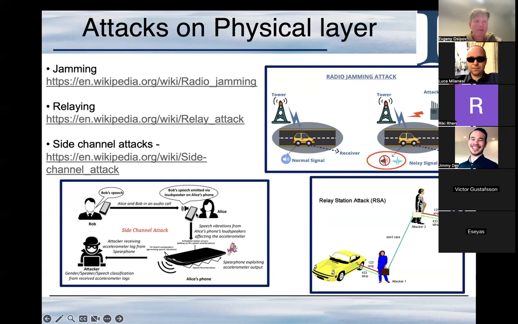But let me talk a little bit about side channel attacks. Side channel attacks are interesting. Like all attacks on the radio level, they are not very straightforward to conduct. You really need to have knowledge and resources, and you need to be very technical for performing such attacks. And in many cases, you need to be in physical proximity to your victim. But side channel attacks are theoretically possible, and it is about